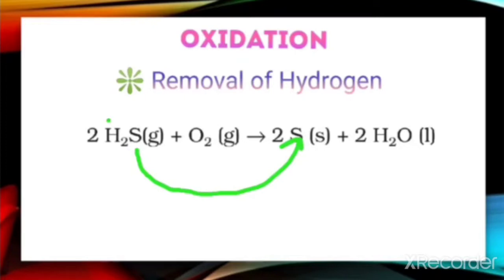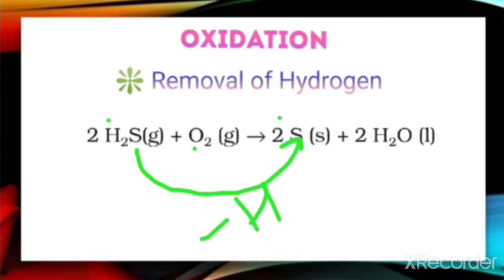That is, H2S gets converted into S. So what is happening from here to here? There is removal of hydrogen. We can see now the hydrogen is removed from here. That is an oxidation. And similarly we can say that here the addition of oxygen is also taking